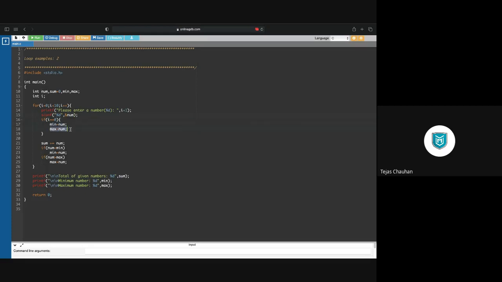Initially, the first number that comes will be called your minimum and your maximum. So if i is 0, only in that case you are going to perform this.